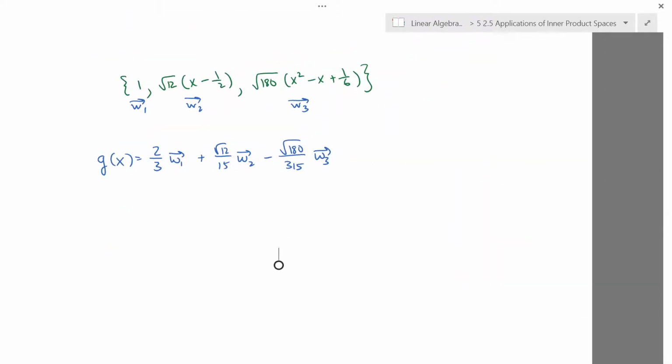Okay, so continuing the calculation, so this was the orthonormal basis we were working with, and we've expanded g in terms of w1, w2, and w3. So to write g in terms of x squared, x, and so on, I need to plug in the vectors w1, w2, and w3, right? So this